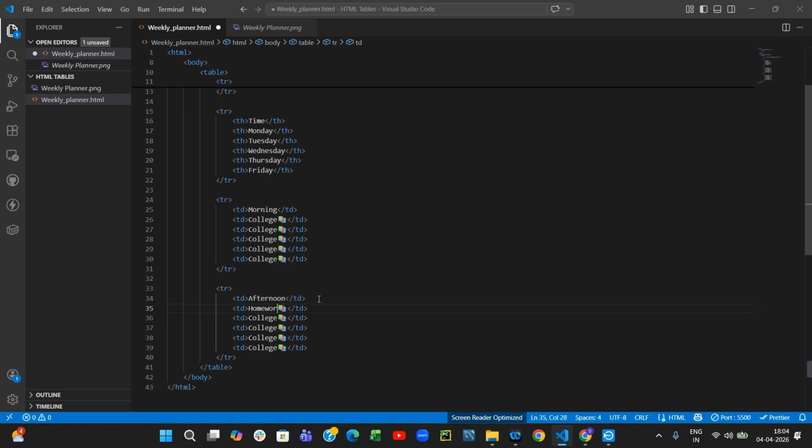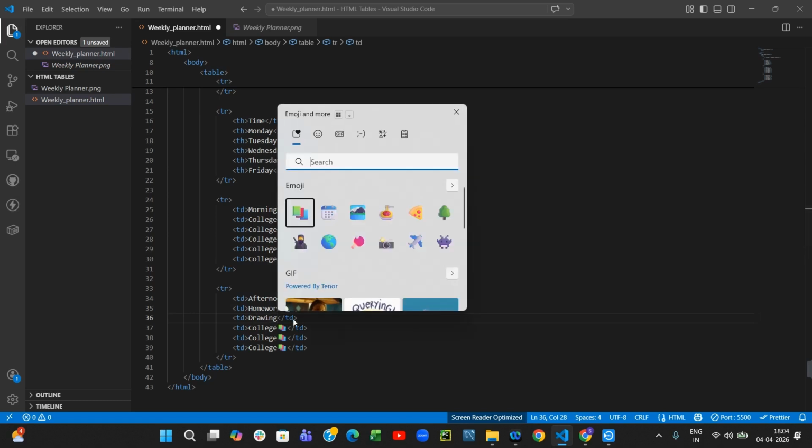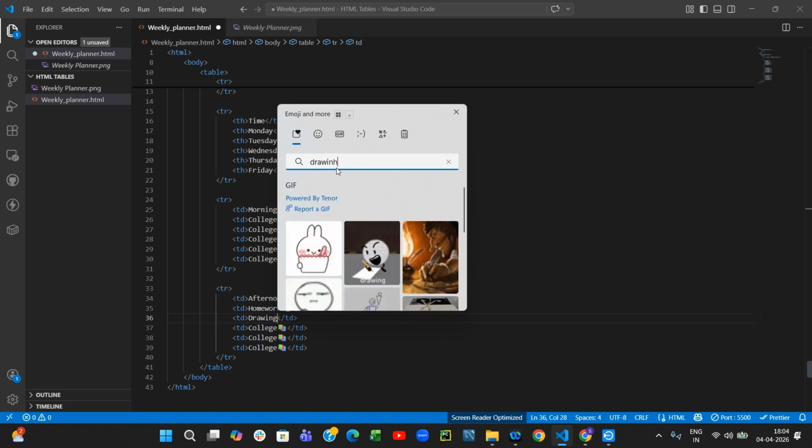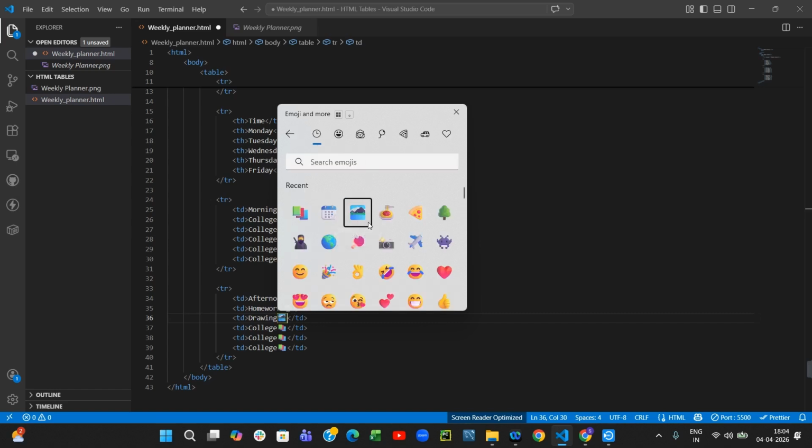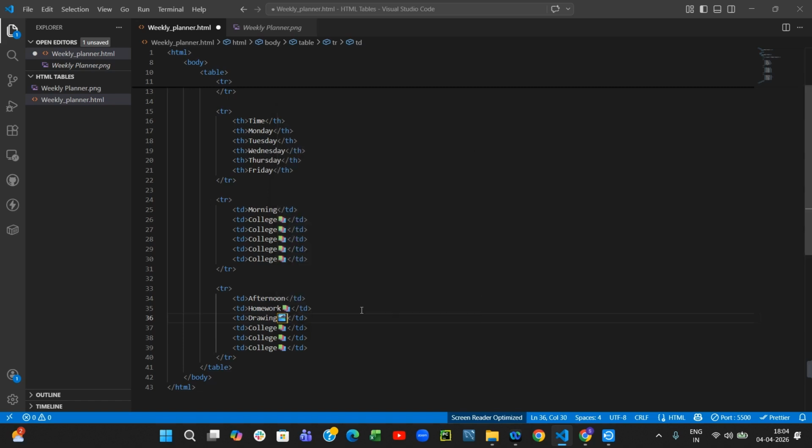and here let me write homework, drawing, and let me write the emoticon. So for the emoticon, you have to click on the Windows key along with the full stop or the period, then it will show you the emoticon pop-up, and you can keep this. Drawing. Okay, so let me look for an emoticon for the drawing. It doesn't give me one, let me put the scenery here. Yeah, okay, and then let's say